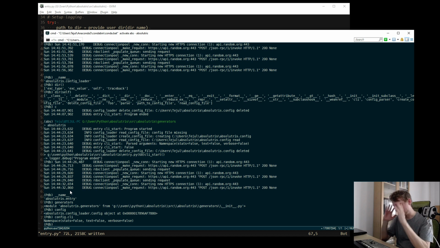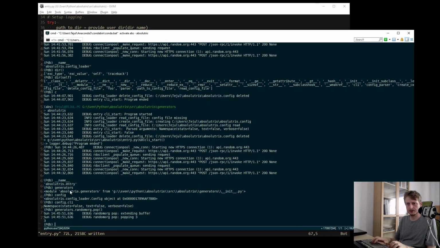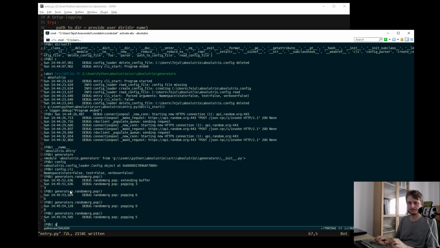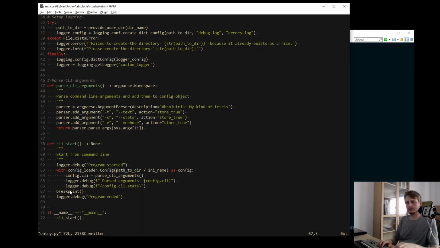So now I finally arrived, after almost an hour of thinking. I finally remembered where I am. So config, and now I should see also generators, which I do. And if I say generators random org pop, then I'm getting a number. Yes, good. This is exactly as wanted.